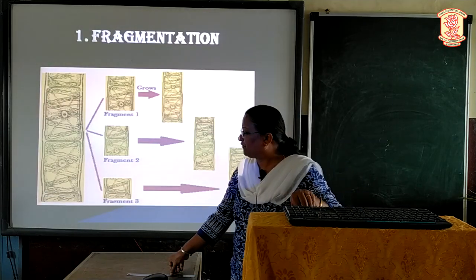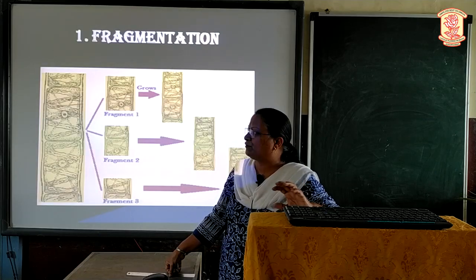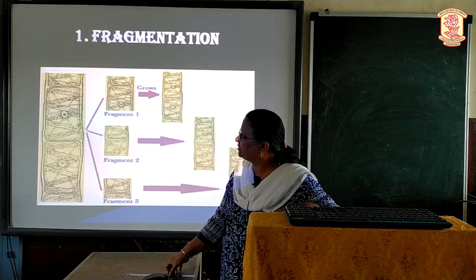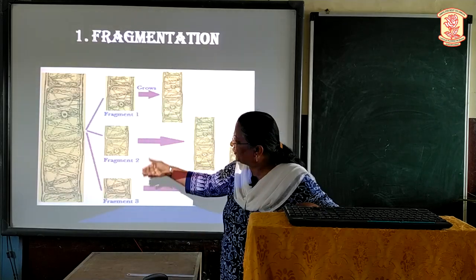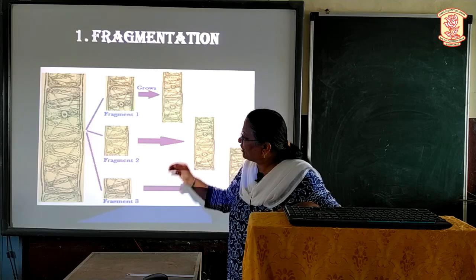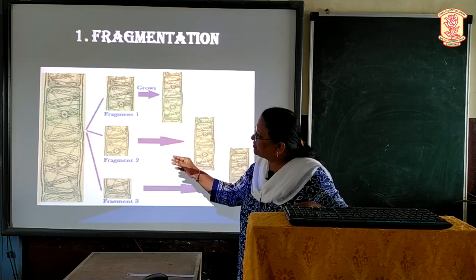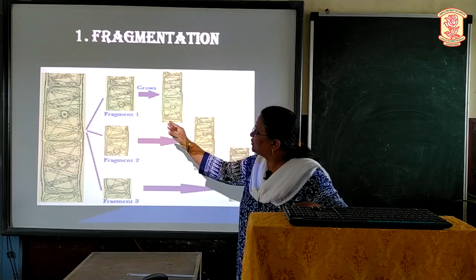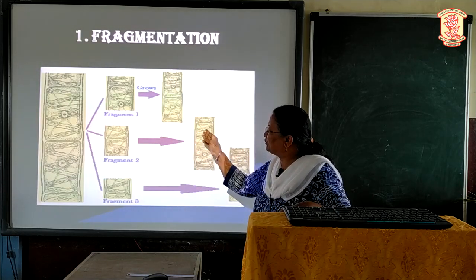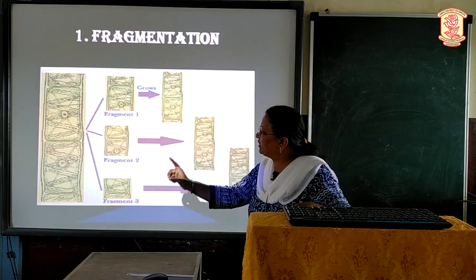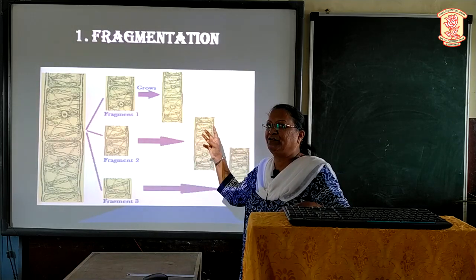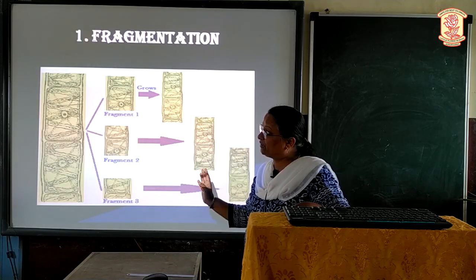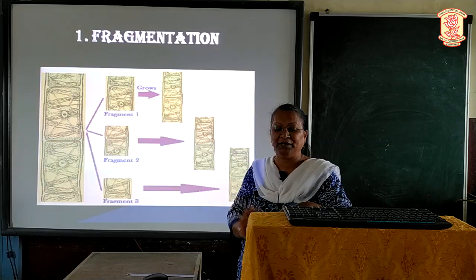When there are favorable conditions and a large amount of nutrients available to the Spirogyra, the Spirogyra divides itself into 1, 2 and 3 fragments. It develops all the necessary organs to grow into mature Spirogyra, and then it splits up into individual Spirogyra. So from one parent Spirogyra, 3 individual Spirogyras are produced. Such a method is called fragmentation.